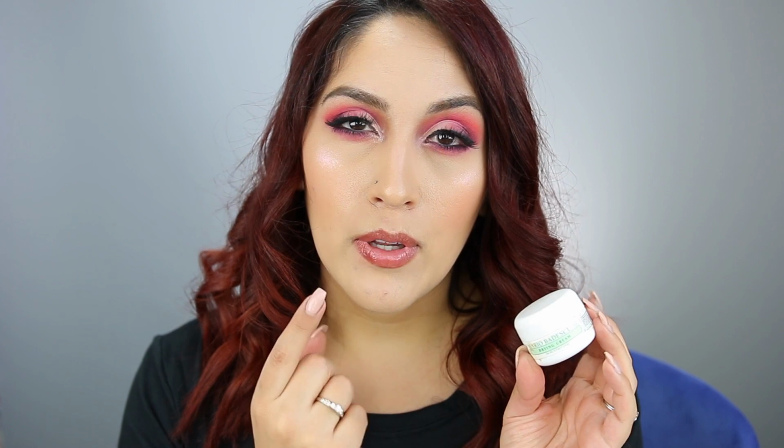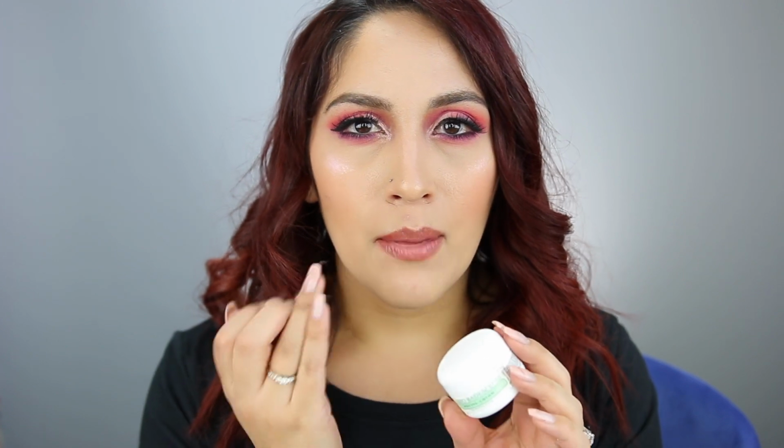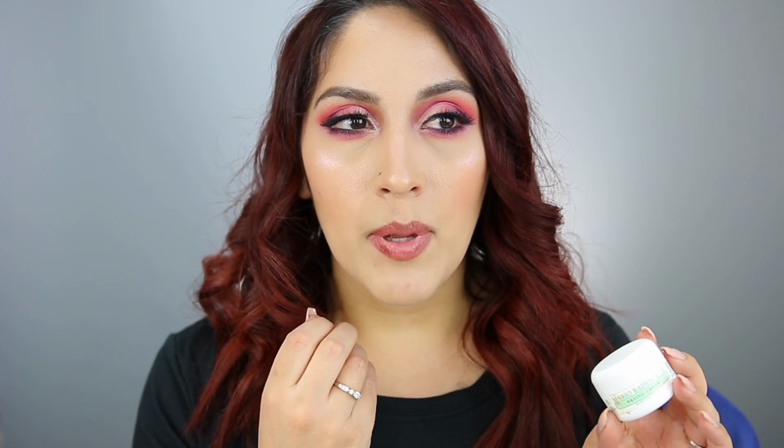And it's also good if you did pop a pimple, and I'm guilty as charged. This one right here is kind of a bump. I had the remains of where I popped my pimple. This is probably nasty, huh? But I had some right here and I just applied it on top. It says to blend well with fingertips, but I don't. I apply a good amount and I just tap it on there and you can see white spots where I applied it. At night, I do this after my skincare routine